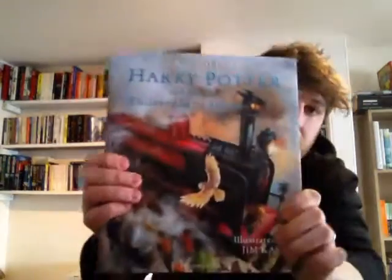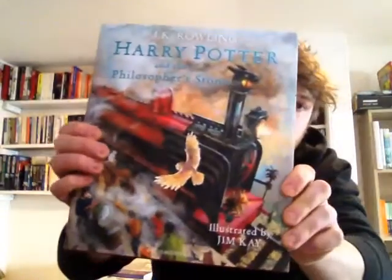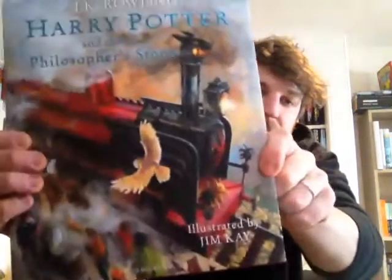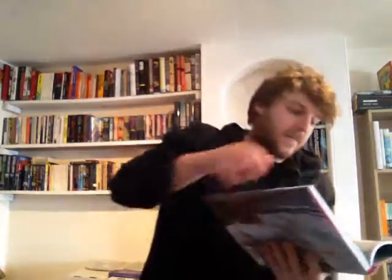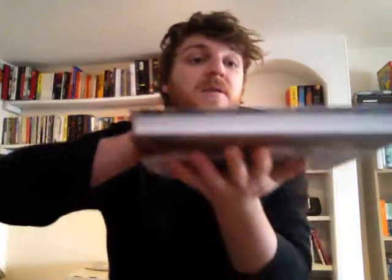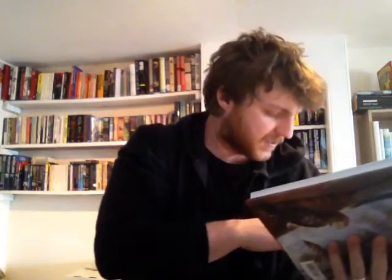The Harry Potter illustrated edition. This guy, Jim Kay, has gone through and done a load of paintings, and yeah, apparently he's doing them all. So if this is the size of Philosopher's, God knows what Hallows is going to look like. But this is a first one, but the first one's weird. It's not just like a straight number run. I'll see if I can...